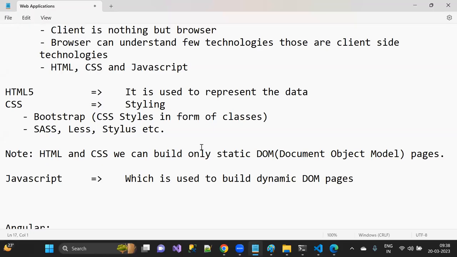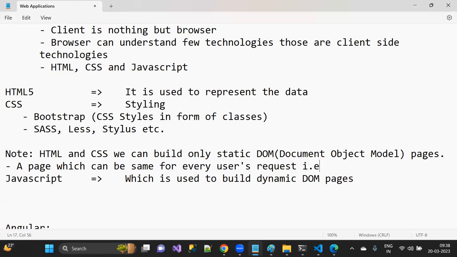I'll write a note here. A page which can be the same for every user's request, that is what we call a static page or static DOM.